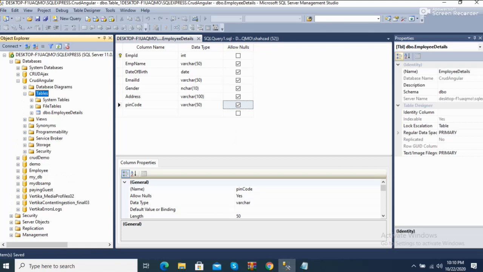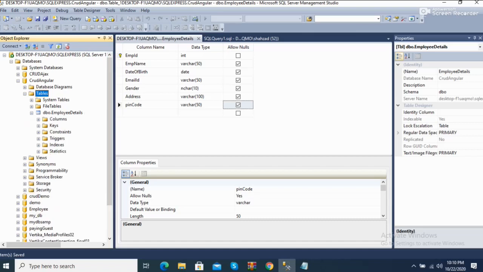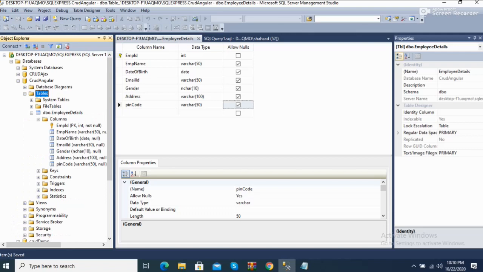Now as you can see in the hierarchy of the Object Explorer, here is the employee details table, and all the columns are defined in the columns directory.